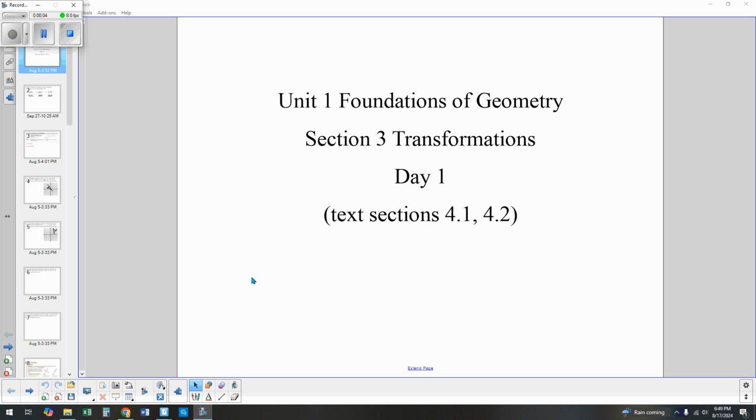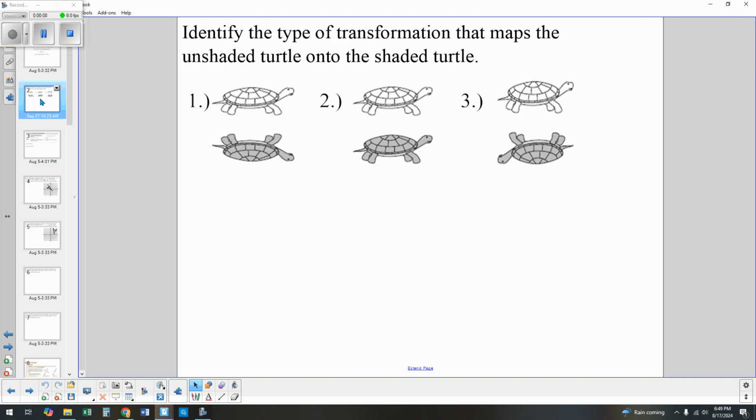This lesson is for sections 4.1 and 4.2. We are now talking about transformations. So we want to identify the type of transformation that maps the unshaded turtle onto the shaded turtle. You've probably learned these before in terms like flip, slide, turn, and now we're going to start to use